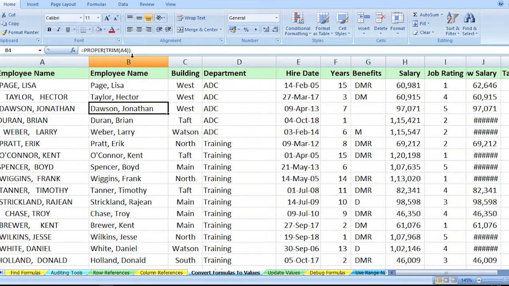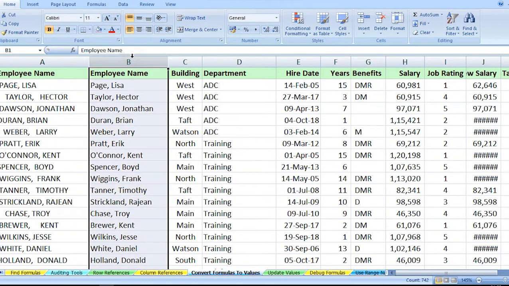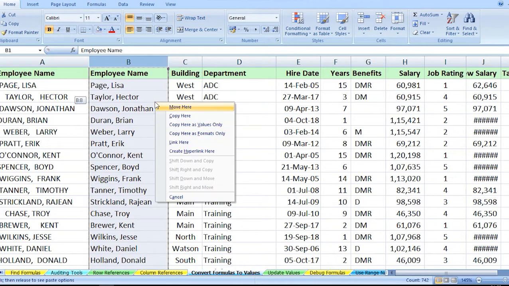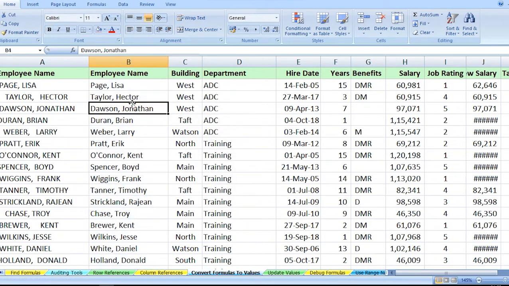Now, another one. We would like to have our values in column B itself. Select column B. Take the mouse pointer to the column boundary of column B. Drag it and rotate it anywhere on the sheet, then bring it back to column B. Paste, copy here as values only. Now, as we can see, the TRIM function has been removed from here.